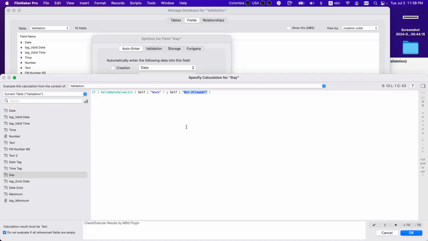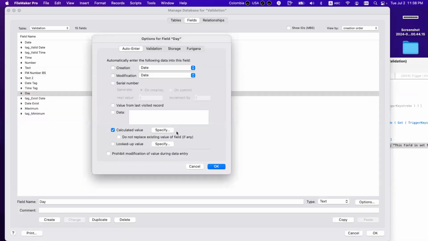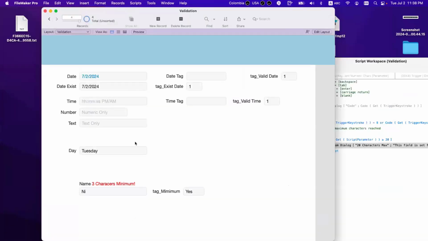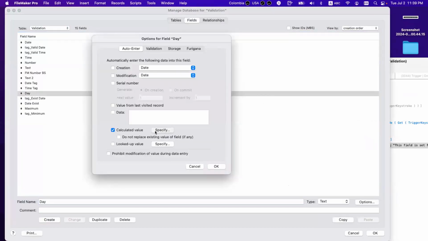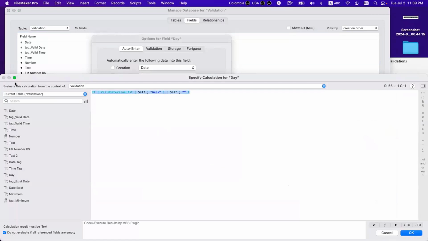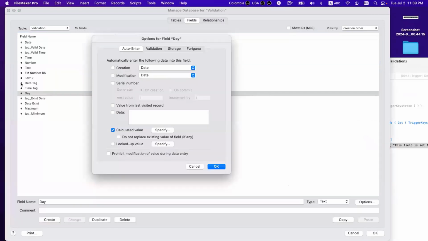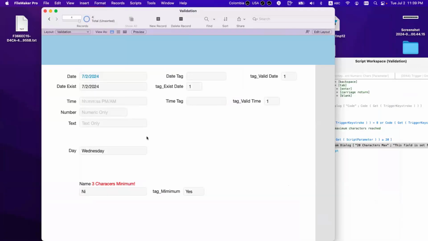I did that yesterday also, but it's cleaner to have something like this. So when you type something that is not allowed, boom, it goes away. You can do it at your preference. I gave you the clue on how this works, and then you can do whatever you feel is right.